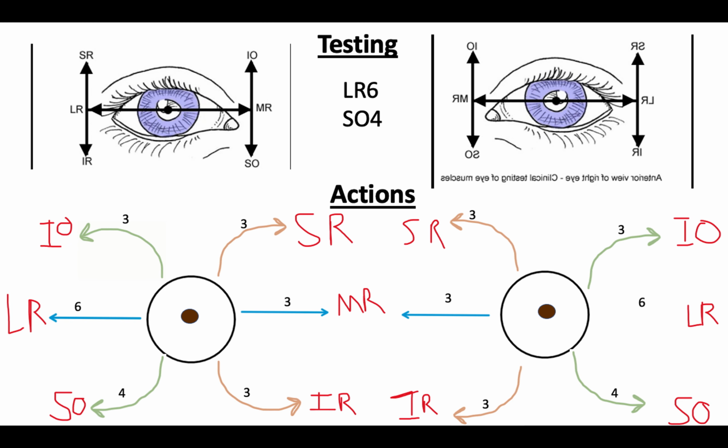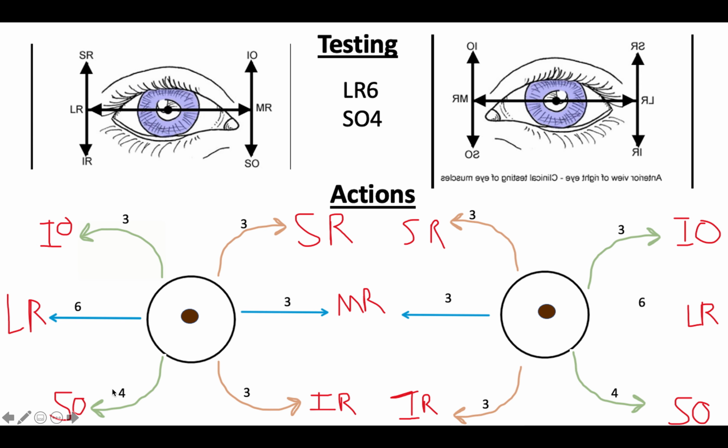This is just kind of a reminder, and I'm sure you'll go through this with any ophthalmology lab that you'll have this semester: knowing what the different actions of each of your eye cranial nerves are. So cranial nerve 3 will handle any motions like medial rectus, superior rectus, inferior oblique, and inferior rectus. However, there's LR6 and then your SO4, which is going to bring your